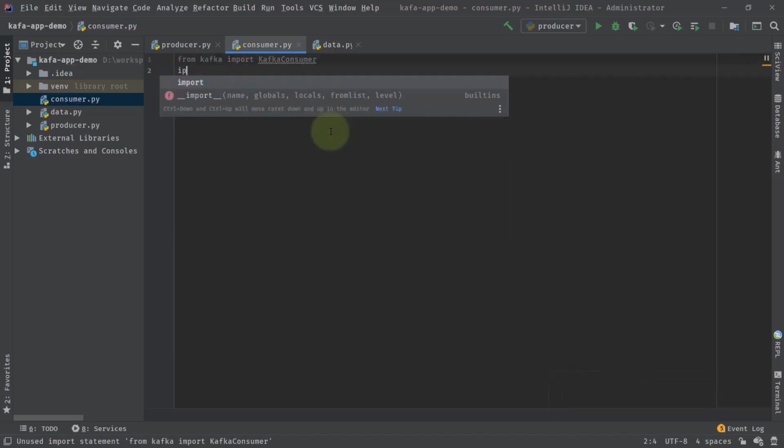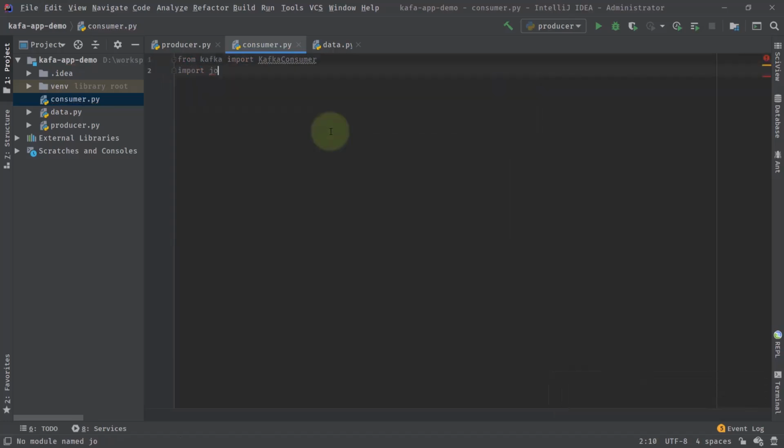I'm also importing the json module. Now I will say if __name__ is equal to __main__, so that I can run this file and this particular code will run. I will create a consumer.